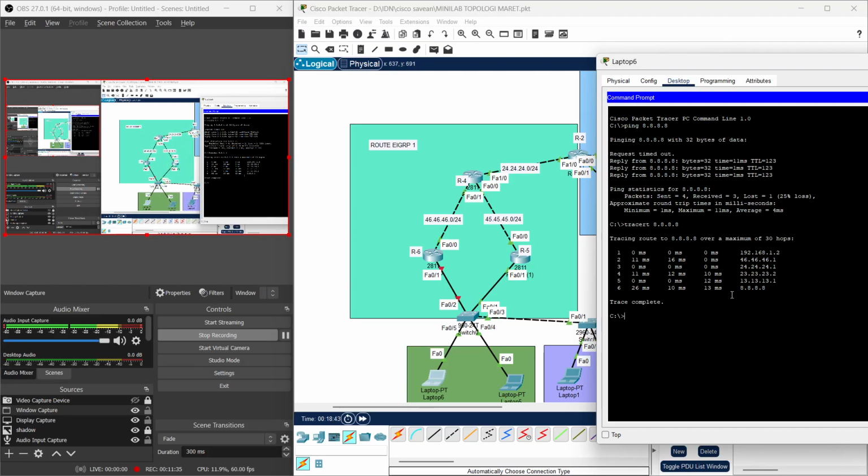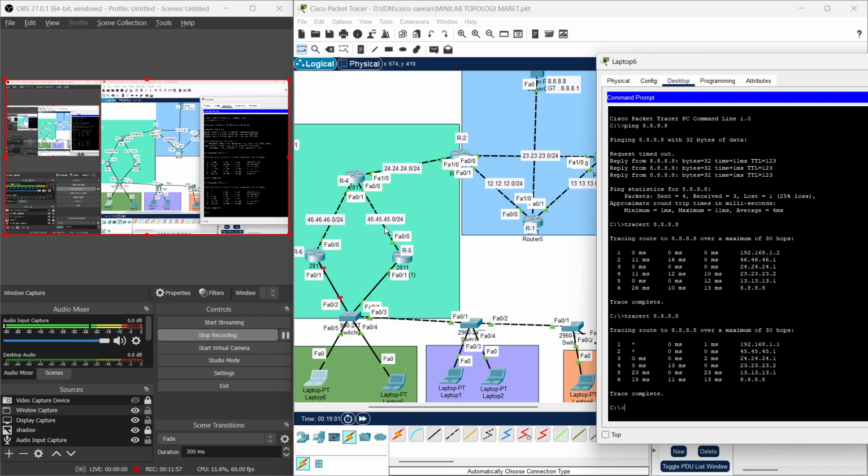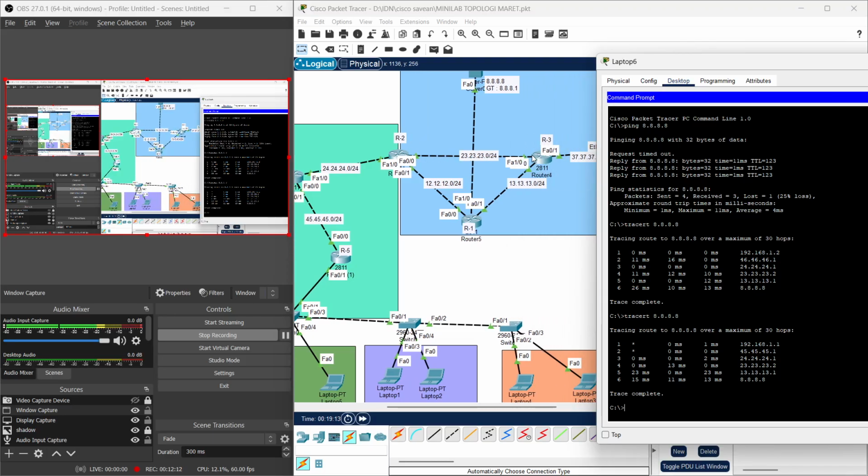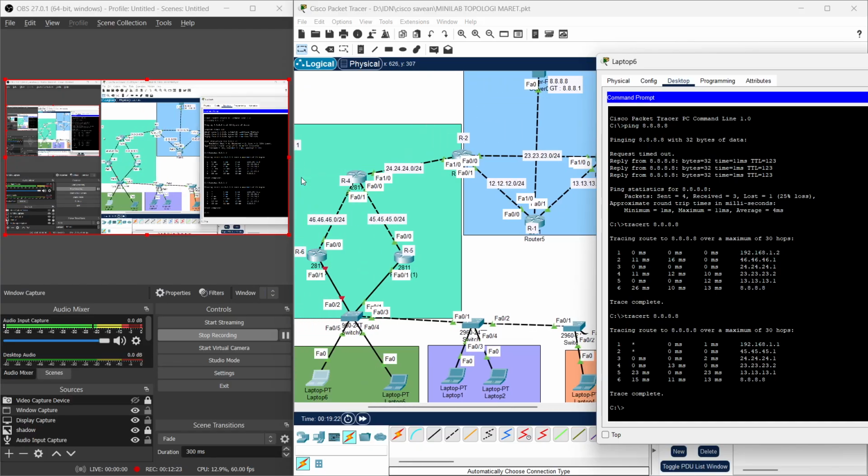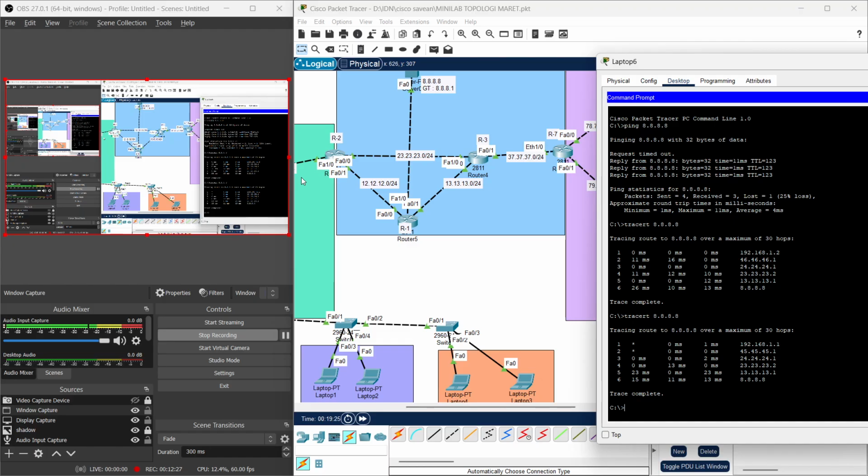Then when I ping to 8.8.8.8, it should go to 192.168.1.1, then to 45.45.45.1, then from 45.1 to 24.1, then to 23.2, and then from router 5 to router 4 to router 2 to router 3, and then to router 1.